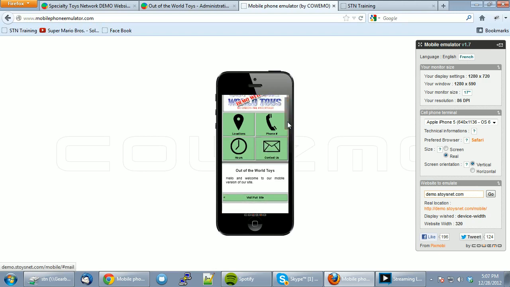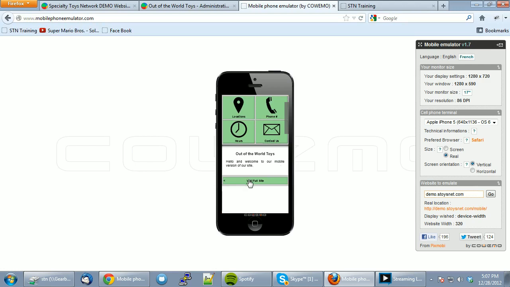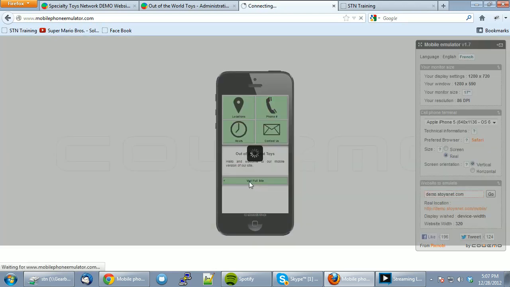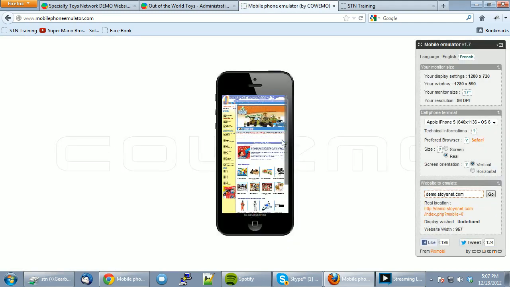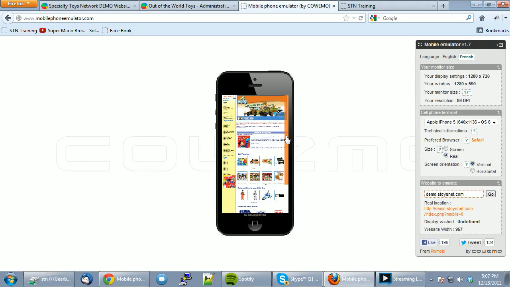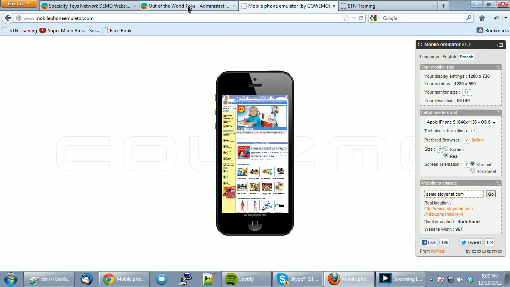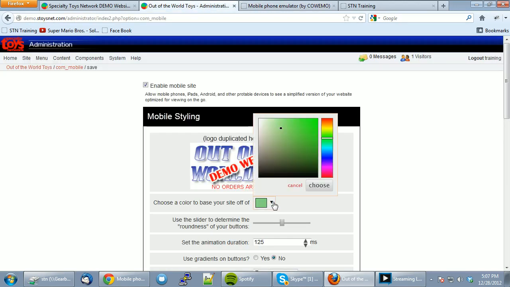And that's pretty much it in the mobile device. Of course, you'll see when you go to the mobile, you can always go to visit the full site in a mobile application device. But that way, if they're on a small device and their main goal is to find out where you are and who you are in that, you have the ability to have a nice mobile interface for them. Again, I'm going to quickly change this to a different color, something that kind of matches the